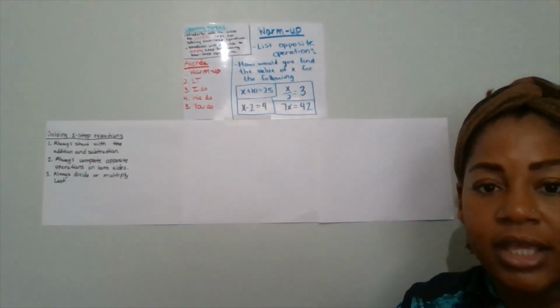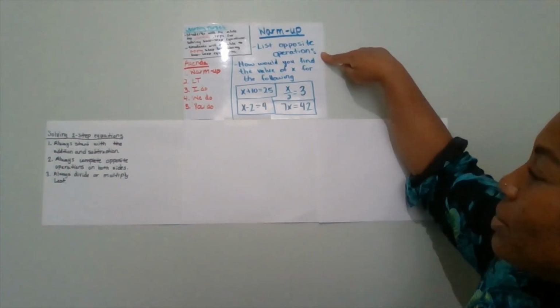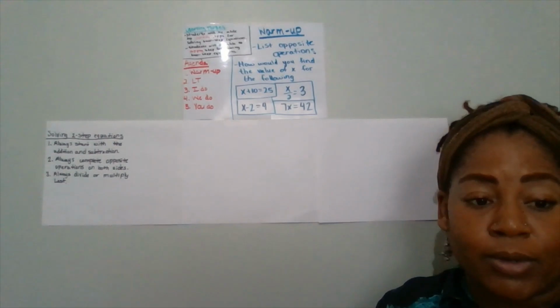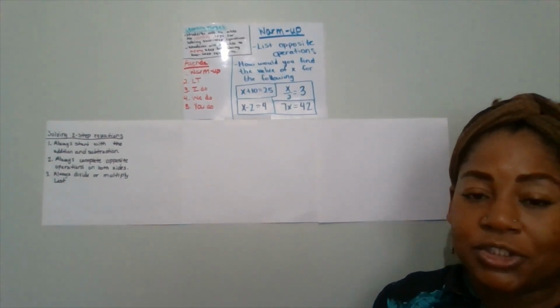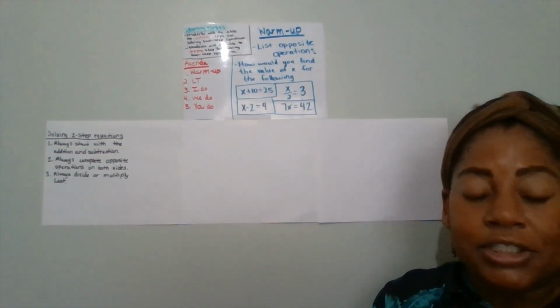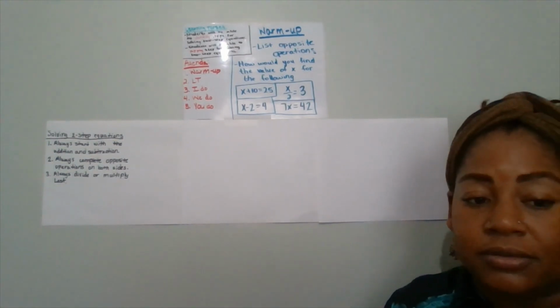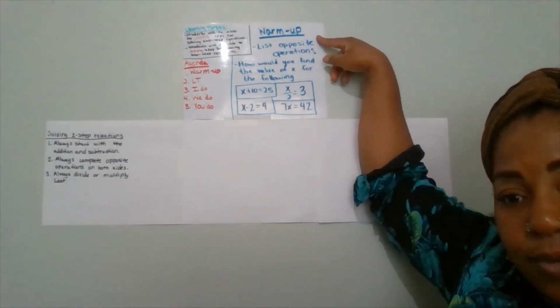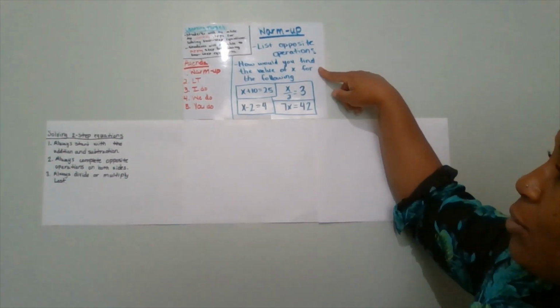Start working on the warm up, okay? It says list opposite operations. So think of opposite operations. We've been solving one-step equations. So, like addition, what is the opposite of addition? And so on. After you list those opposite operations, you're going to move on to